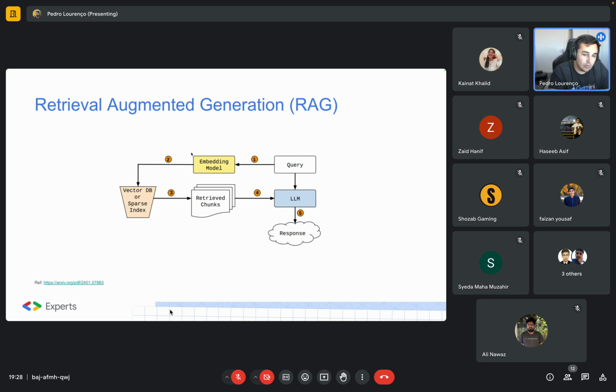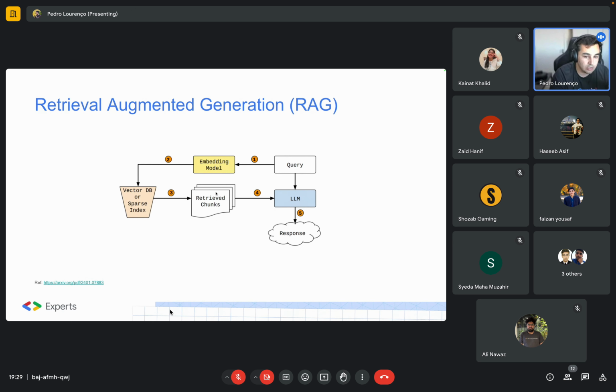So retrieved chunks is basically like, imagine that you asked about the architecture meeting of a system. It should retrieve documents about this meeting or about this system. So we will have a bunch of documents related to the question, and then you will make a new prompt using the documents as the context of your prompt, and the query of the user will be the question.